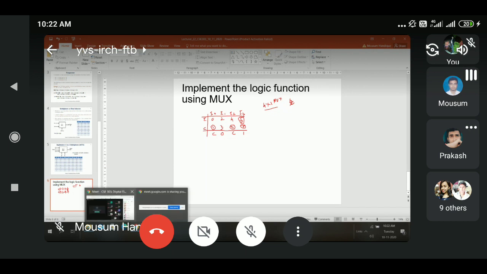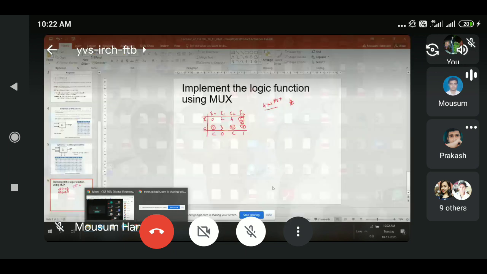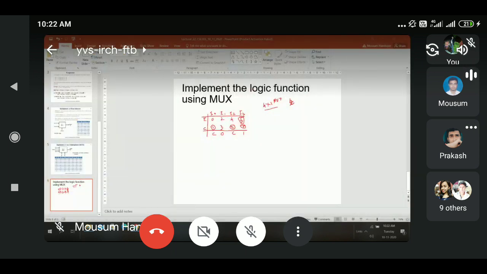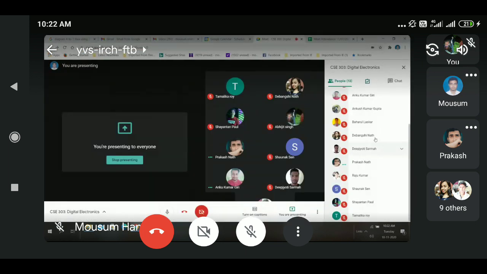समझ में नहीं आ रहा है, जो मैं फोर्सफुली आपको पूछ रहा हूँ तब आपको समझ में आ रहा है, तब आप मुझे बोल रहे हैं कि सर समझ में नहीं आ रहा है। ओके, नो प्रॉब्लम, इट इज योर प्रॉब्लम भाई। अगर आप लोग मुझे क्वेश्चन नहीं पूछेंगे तो मैं क्या कर सकता हूँ? ओके, सॉरी सर। माइक्रोफोन ऑफ कीजिए। अंकुश कुमार गुप्ता, ऑन योर माइक्रोफोन।